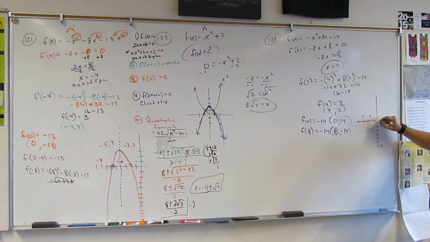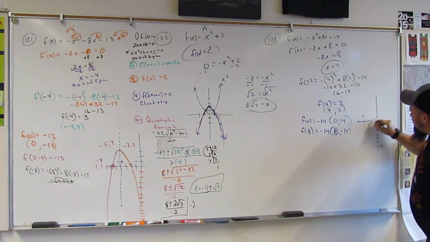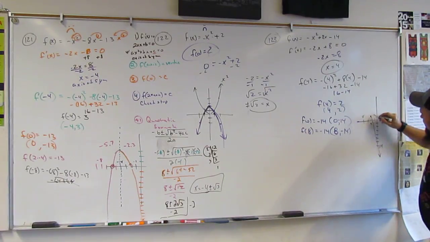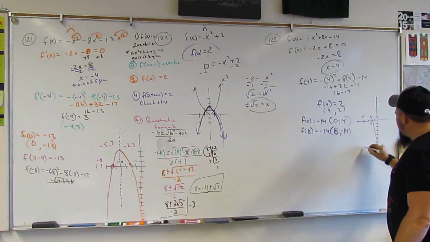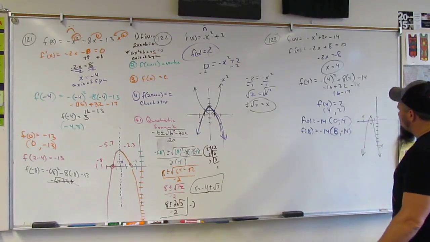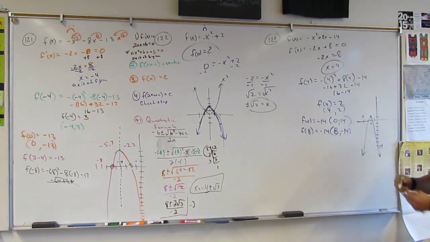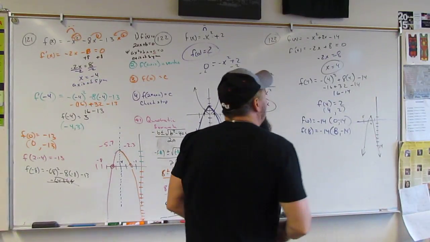All right, so then we got 4 and 2. Let's put the 4 down here. 4 and 2 would be right here, and then it's going to come down to there, and then it's going to come over to there. We know one of our zeros is this. And then we have the negative